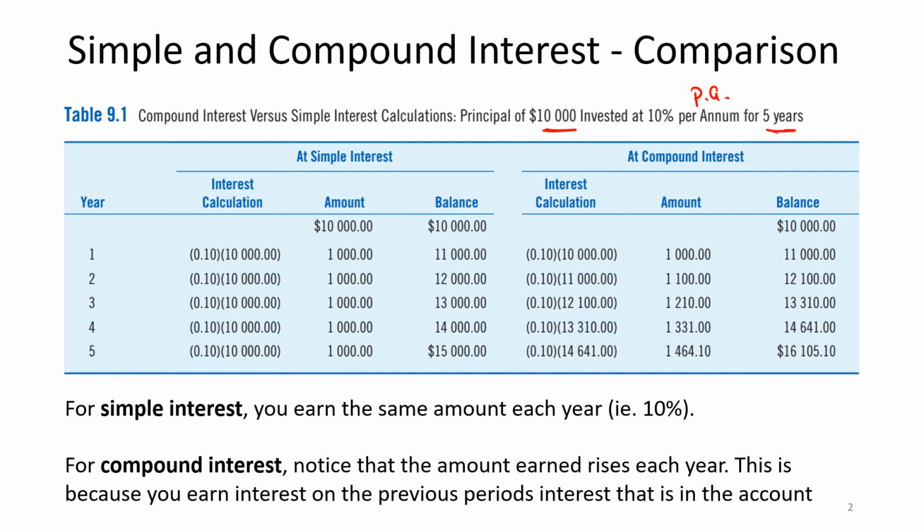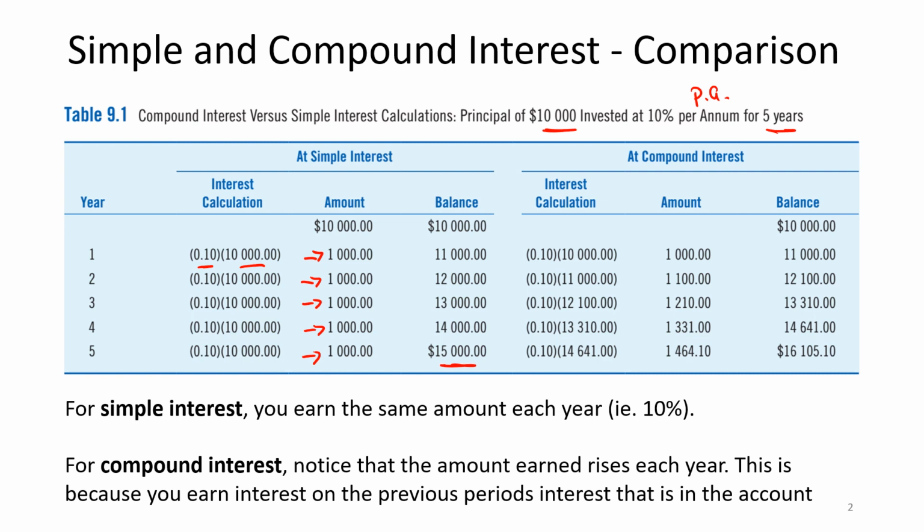And this money was invested for 5 years. So if we do a simple interest formula, every year we would earn 10% of our initial investment, which is $10,000. So every single year we would earn $1,000 in interest. So over 5 years, if you add these up, you get a total amount at the end of 5 years